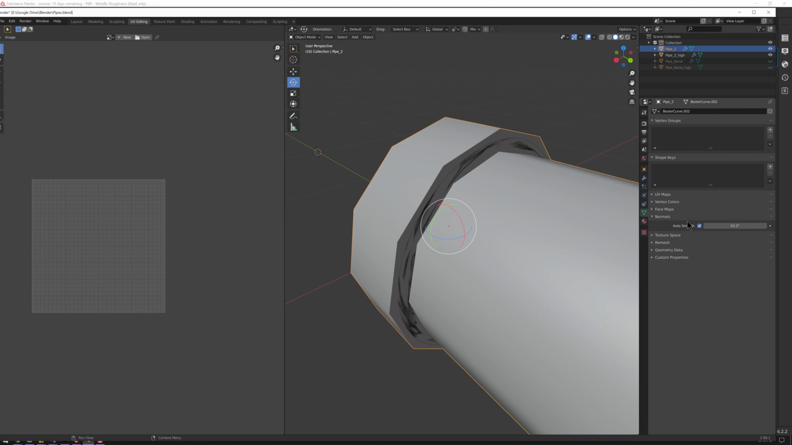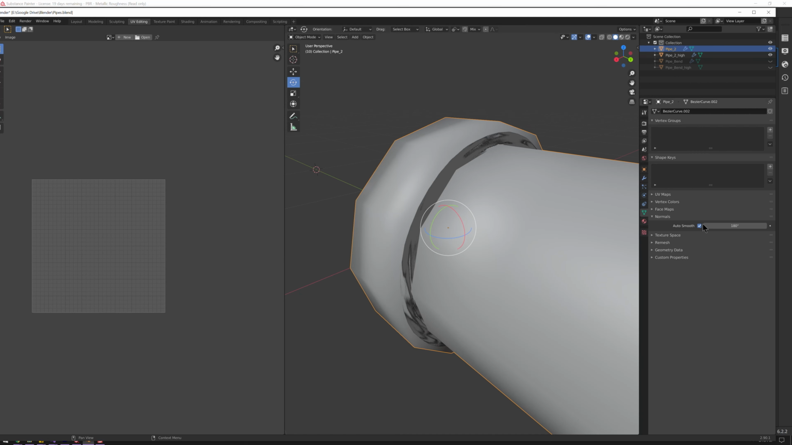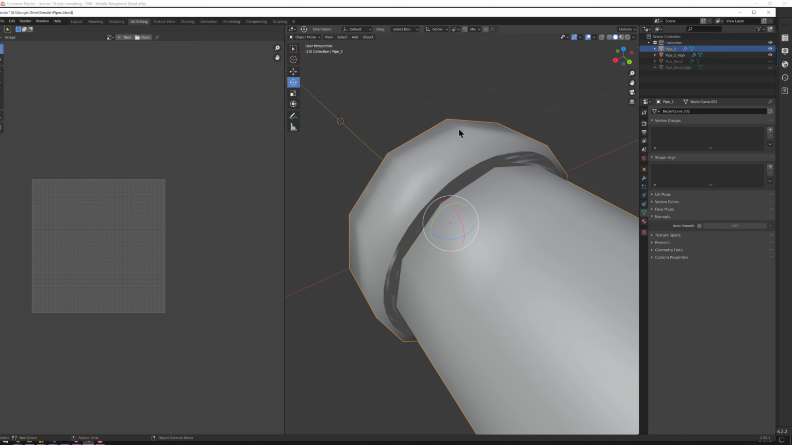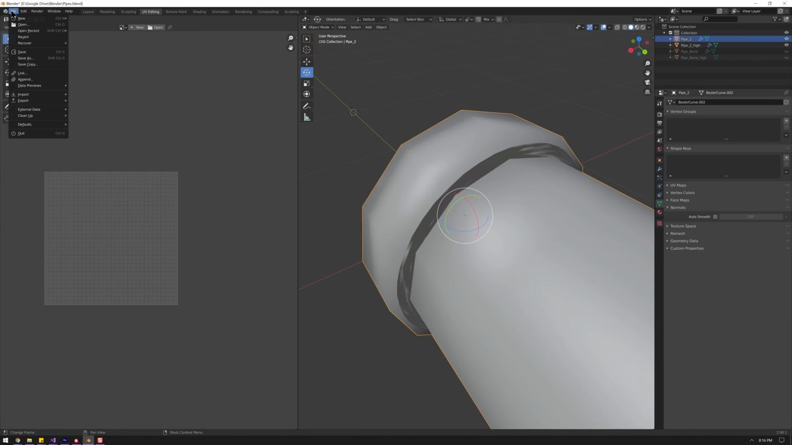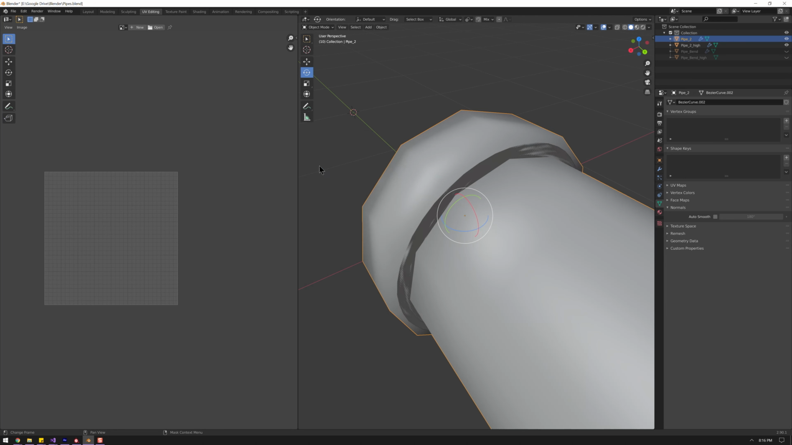So coming down over here, auto smooth, we could either crank this up severely so that everything is smooth, or we could just turn this off, for instance. We could go to Object and Smooth Shade. If we export this object out now by going to File, Export, FBX, and once again choosing Pipe 2, letting that happen,